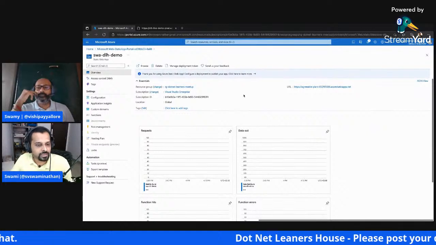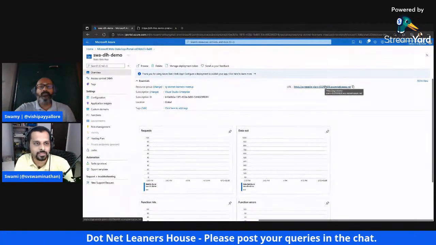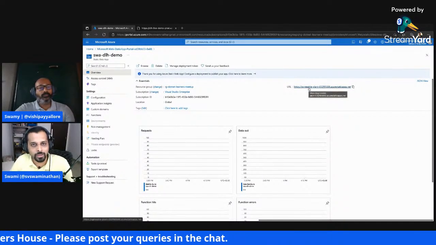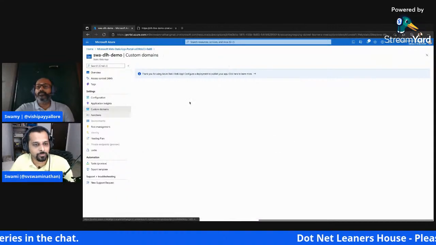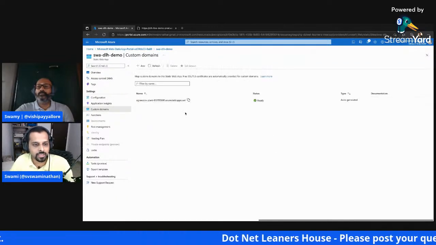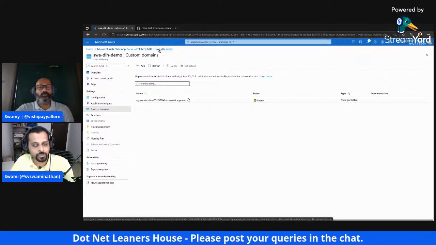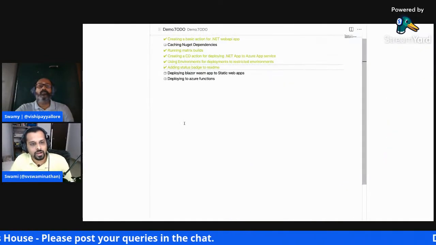Yeah, so basically, the only thing with static web apps is you don't get a user-friendly URL like this. You would need to do a proper domain mapping so that things look good. You have to go to custom domains and then map them with the static web apps. But the point here is around GitHub Actions. That is very much possible with the static web app as well, right?